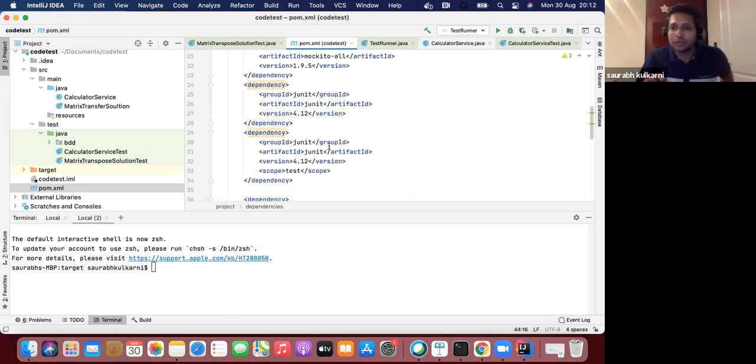How will you tell your project that, look, there is a framework called JUnit, you need to consume that first and make that framework available so that I can test using TDD? So to tell the project, there is a pom.xml file, where I need to mention the dependency of JUnit.